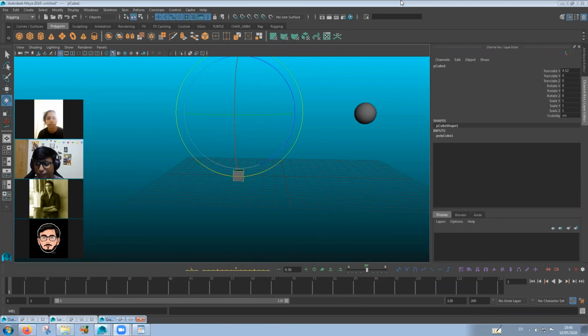So yeah, Utkarsh. Skeletal setup will be next week. Next week will be skeletal setup: how to orient skeletons and joints properly, and how to create custom controllers, controllers which are different shapes, boxes and all that stuff. And then I'll teach you how to skin, and also probably show you the difference between inverse kinematics and forward kinematics, how to set up an FK hand and an IK hand. So that will all be covered next week.